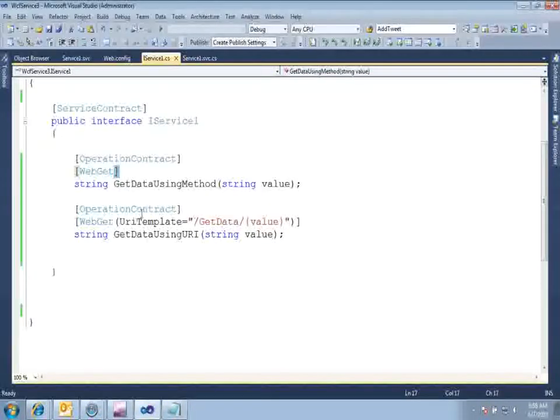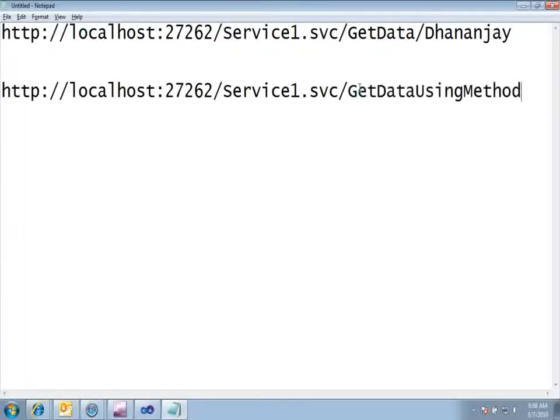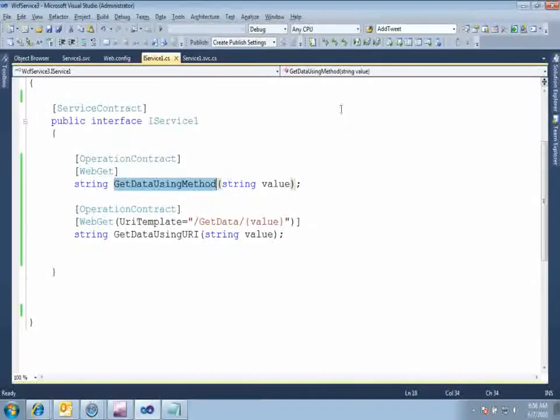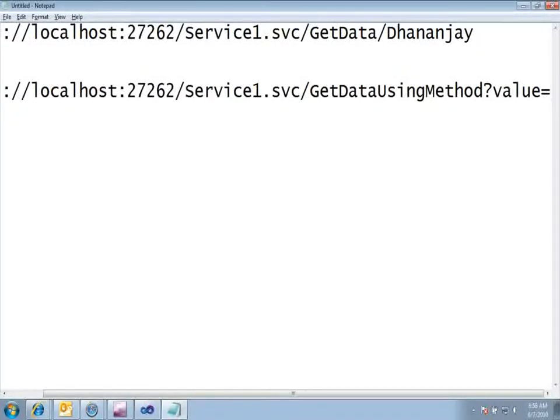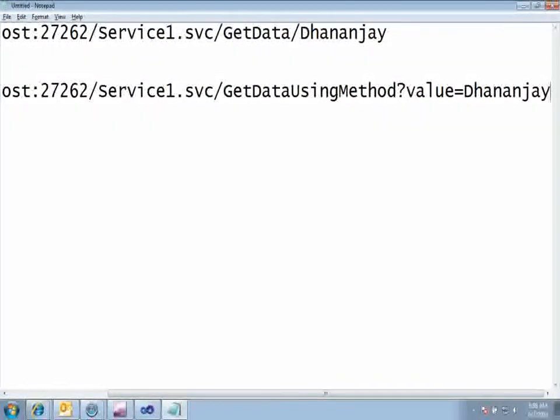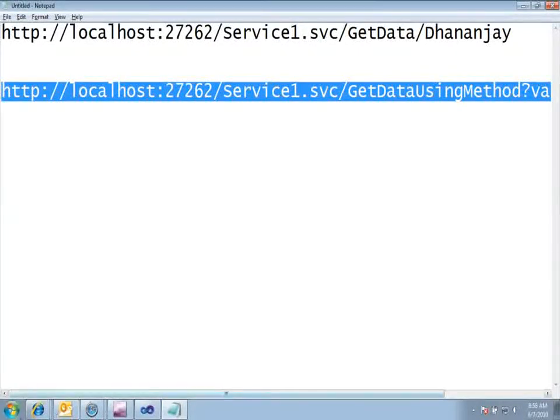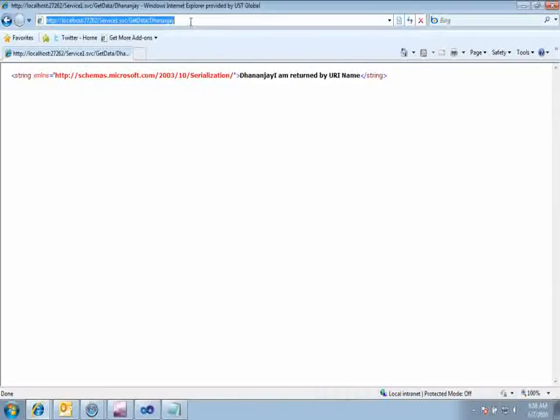Then the exact method name you need to give here. The method name is GetDataUsingMethod, question mark, the exact parameter name you have to give here, value, and then something, let us say Dhananjay. Now go ahead, copy it in your browser, and you can see Dhananjay, "I am returned by the method name."